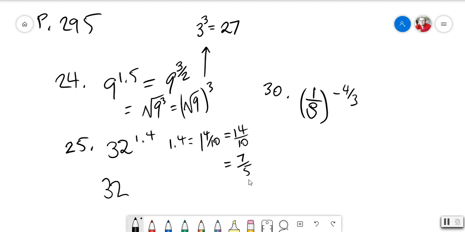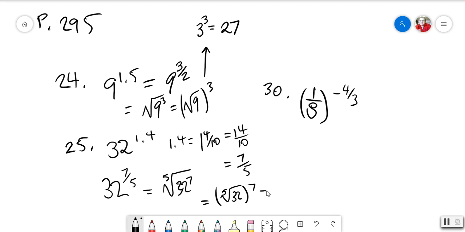Let me see. Yeah. So you've got 32 to the 7/5 power, which means the 5th root of 32 to the 7th, or the 5th root of 32